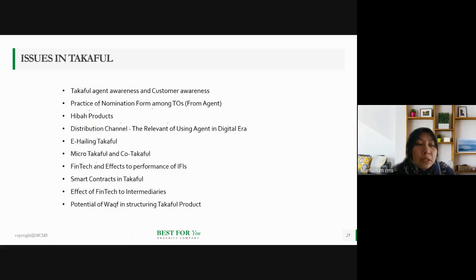Micro Takaful means cheap Takaful, for the below income group, but still open to all. Because of low or small contribution, the protection is also quite small. And co-Takaful, what is co-Takaful? Co-Takaful is